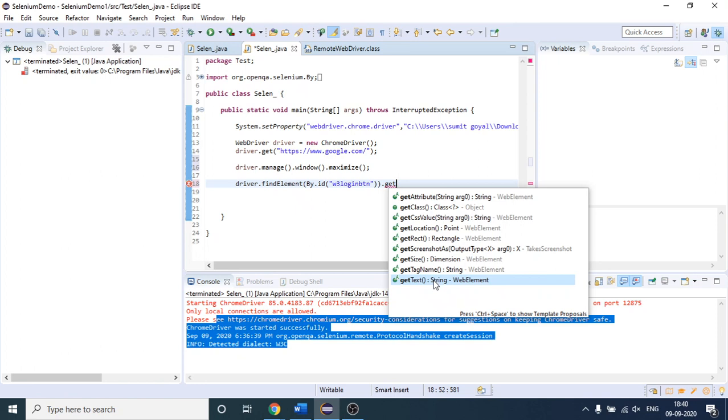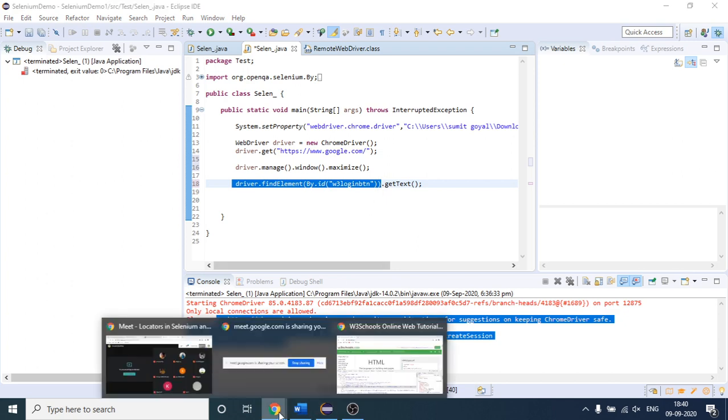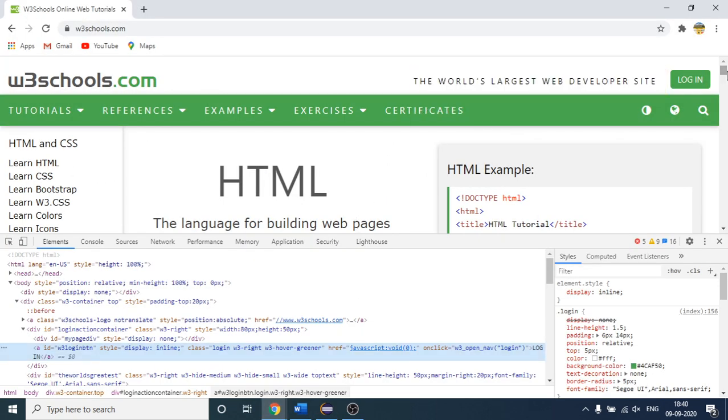It means that whatever the get text method gives you will be of type string. Okay, so if I do it like this, my Selenium code will understand: this is the button, it will come to the login button.